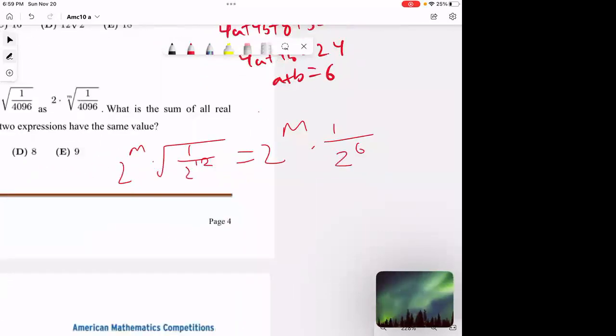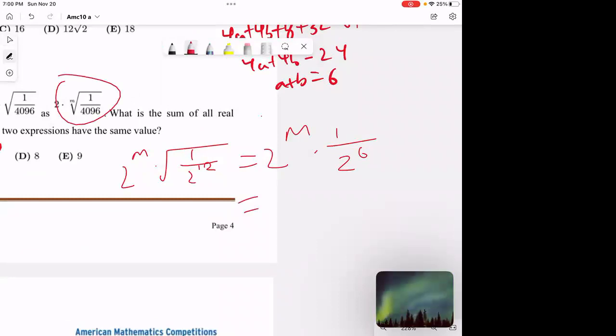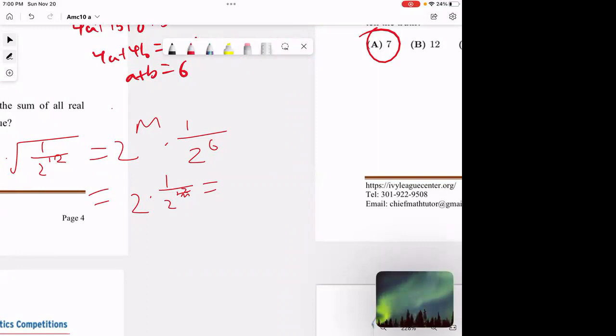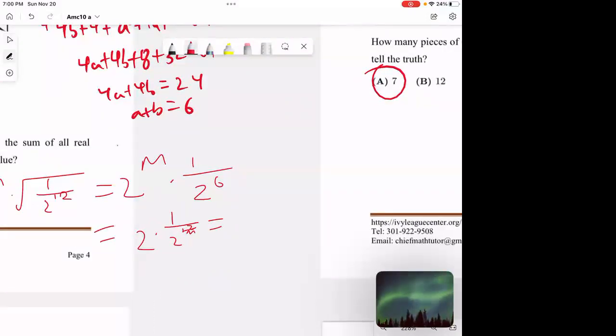And then the second part right here, this is equal to 2 to the power of 2 times 1 over 2 to the 12 over, right, because we're doing the m root, which is equal to, let's see, 2 to the power of, let's see,